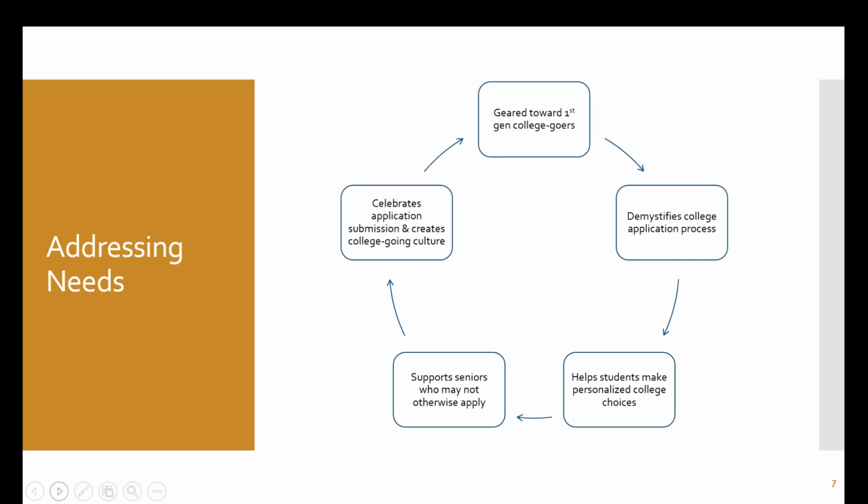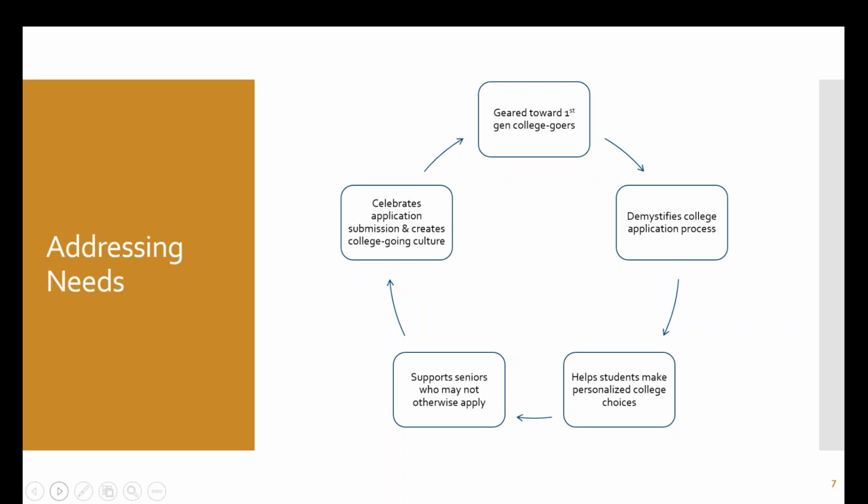We want to make sure that we're helping students make those personalized college choices. We don't want them to choose a college because their parents went there and that's the sole reason why they're going to that college, or because their best friend, their bestie, is deciding to go to that college, so that's where they're going to go. We want them to think about themselves as an individual and ask themselves some really critical questions about their college experience. Does the school have the program they want to go into? Does it meet their needs? Is it in a rural area, an urban area? All these different factors that go into college choice, and so we want to make sure they're making a personalized college decision.